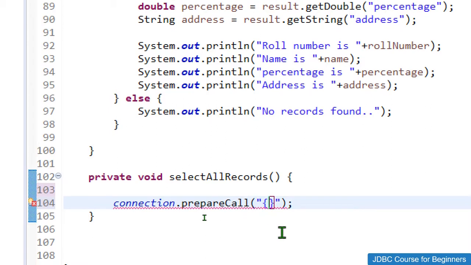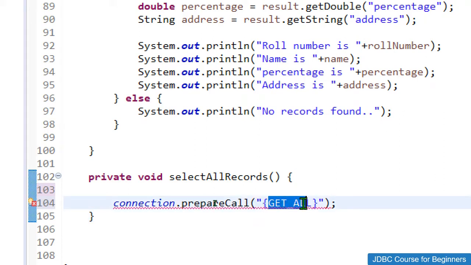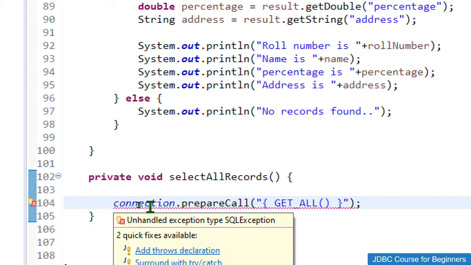Inside the brackets we just need to give the name of my stored procedure, that is get underscore all, which is my stored procedure name. We give the curly brackets, write get all, and then give the opening and closing brackets like this. Now this line is giving me an error. The error is that we need to handle SQL exception.